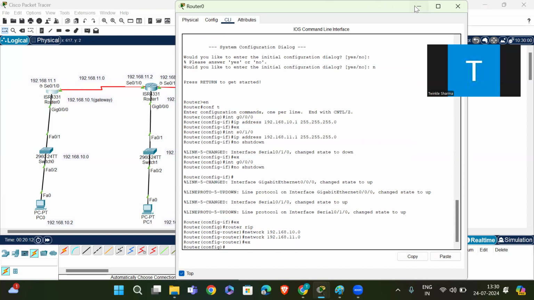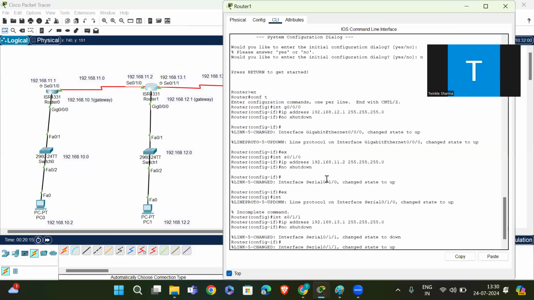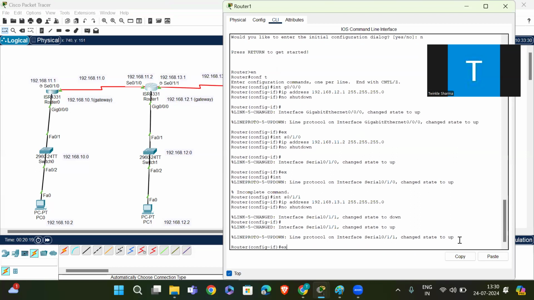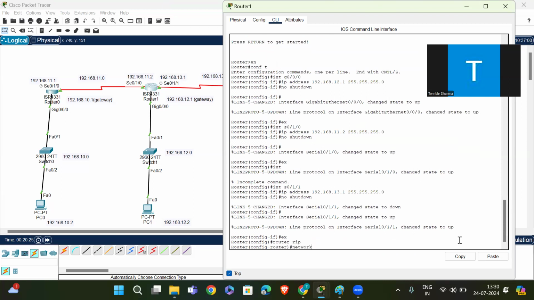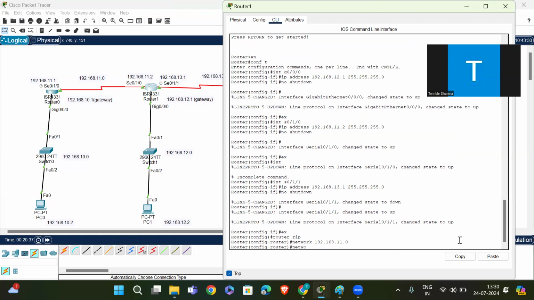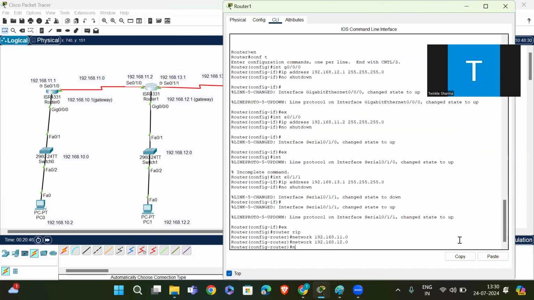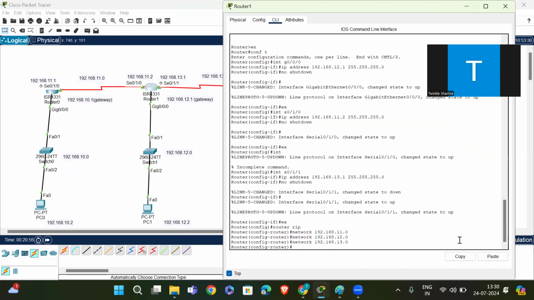The same on router 2: router rip, network 192.168.11.0, network 192.168.12.0, network 192.168.13.0, exit.